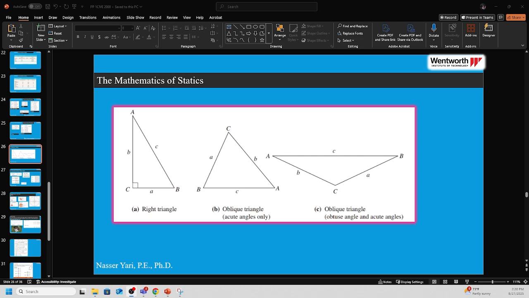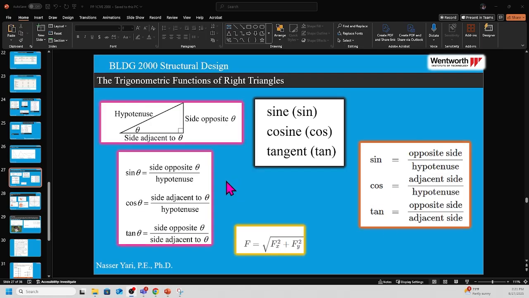So there are three triangles we use in statics quite a bit. One is a right triangle. You have all seen this in high school. The other is an oblique triangle with an obtuse angle, and the other is an oblique triangle with acute angles right here. Looking at the right triangle, as you had this long time ago in high school,